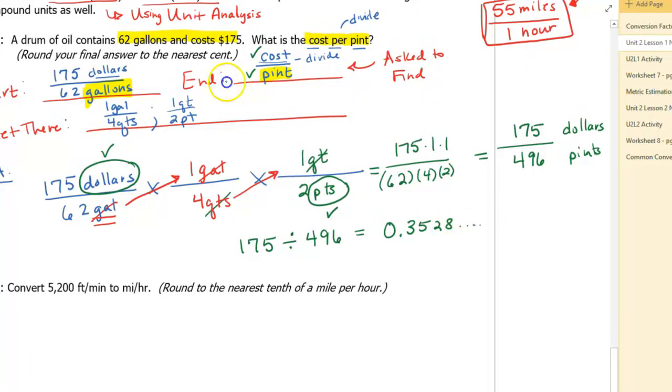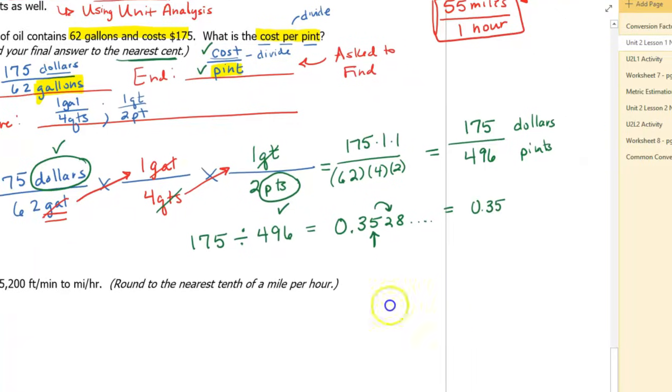0.3528. Now they ask us to round to the nearest cent, which is the hundredths place. So that's the second decimal. Usually when you're doing money, you're going to round to 2 decimal places. So we look next door. That number is not 5 or bigger. So that's going to stay a 5. So it's going to be